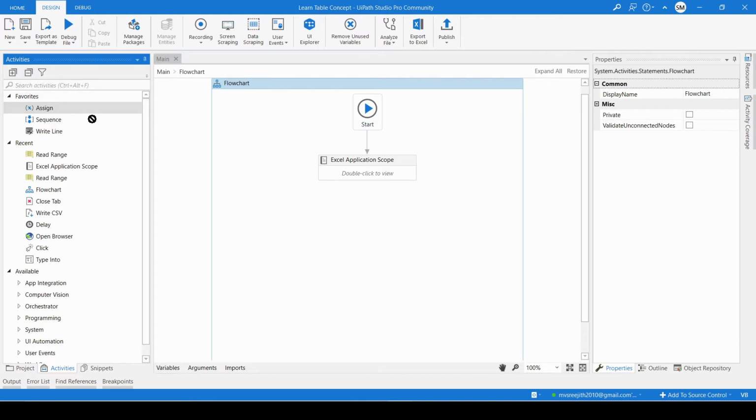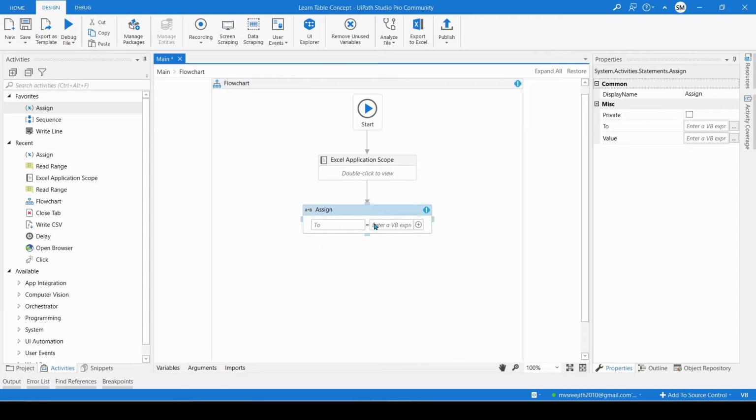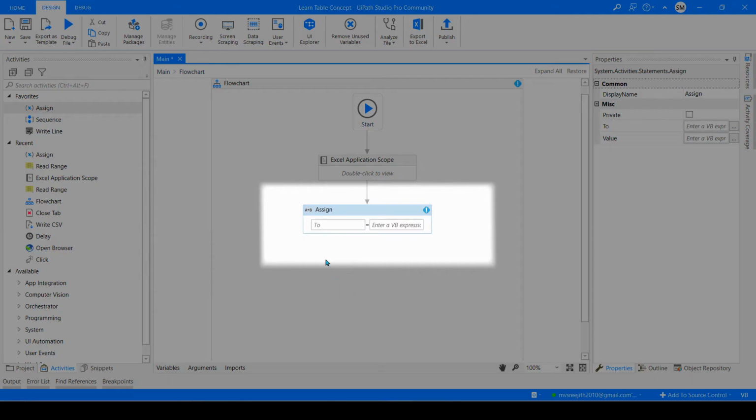So you can just add an assign activity and grab it here. So assign means you are going to create a new variable from a particular expression. So here same thing, you can create a variable. So you can give a variable called number of rows. I'm just giving num underscore of underscore row. So this is the new variable which I'm going to create, and under the VB expression, so we know the